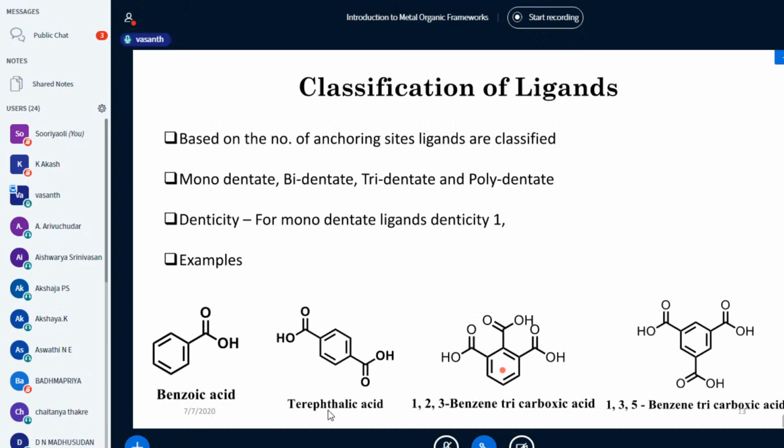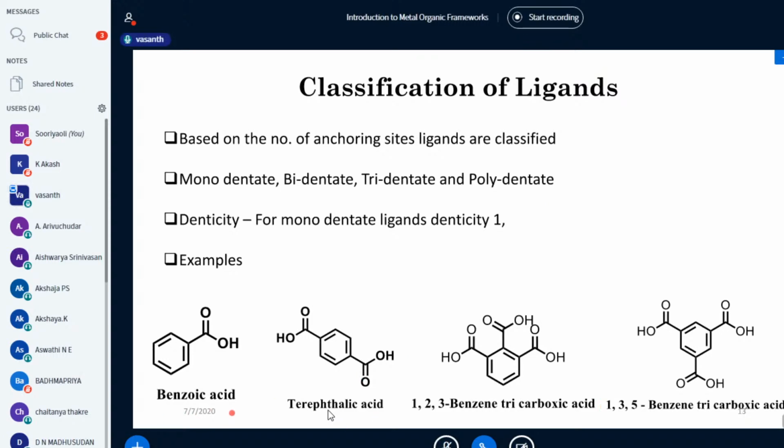Ligands can be classified in many different ways. Based on the number of anchoring sites, which are like binding sites, a ligand can be classified into monodentate, bidentate, and tridentate ligands. As well, if we have more than 3 sites, it can be called a polydentate ligand. For example, here we have